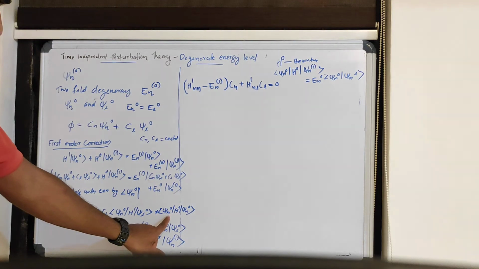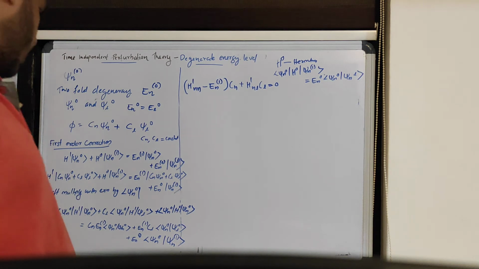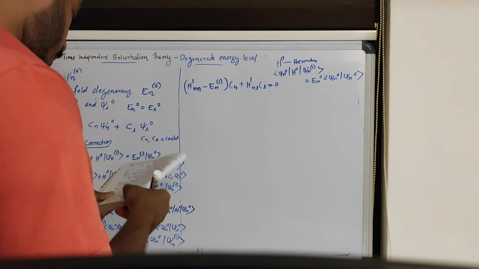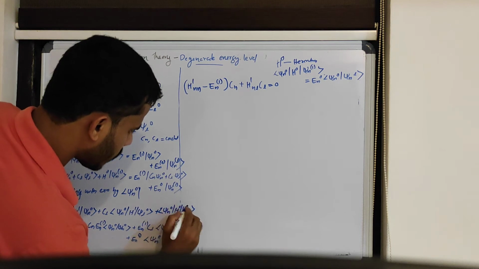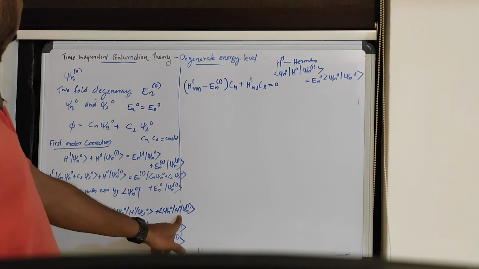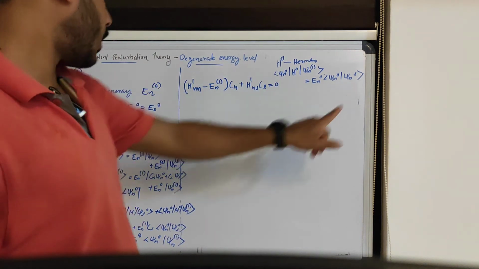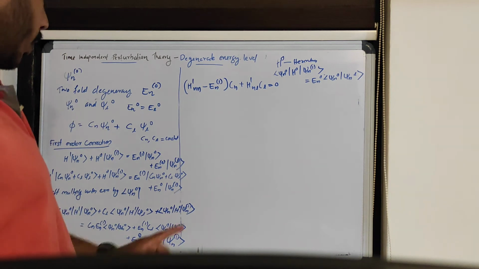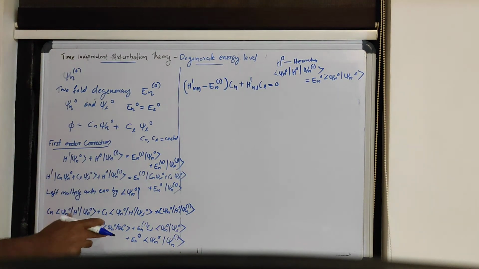This term psi n0 h0 psi n0 becomes, I made some mistake, this is psi n1. Okay, psi n1. This becomes 0. This value becomes 0, and finally I already told this becomes psi n equal to 0, and this I took to the left side, and here psi n0 psi n1 also becomes 0. Remaining term is this one. I took it. Similarly,